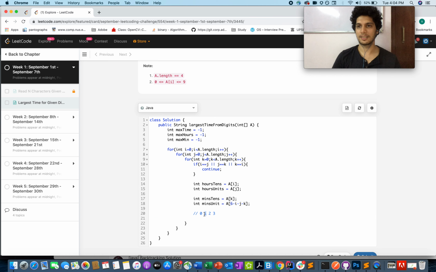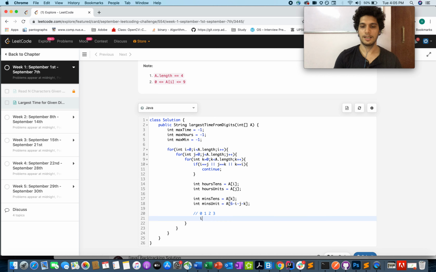For the kth index it's 1, provided all of them are different. So the maximum possible value for i plus j plus k is 6, provided we skip the portion where they are equal.